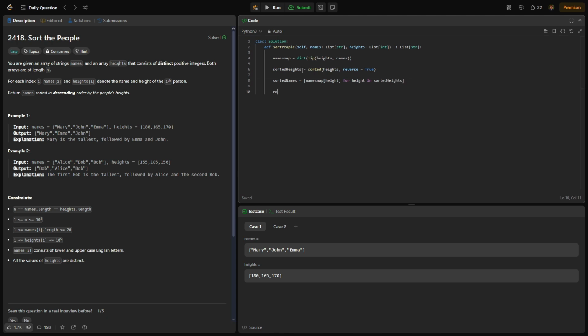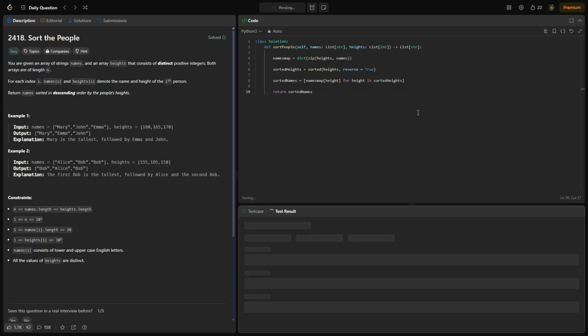So that's our for loop, and then we're going to return our sorted names. If we run this,